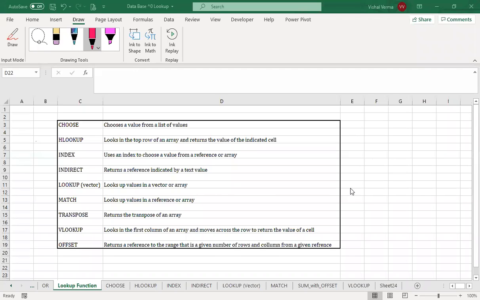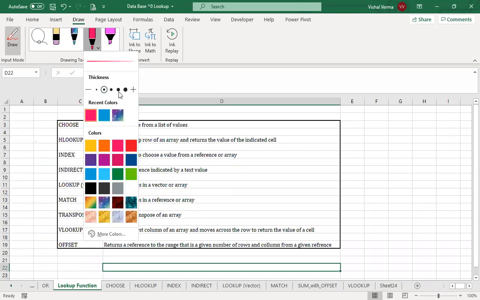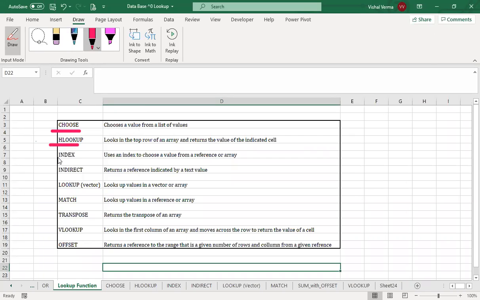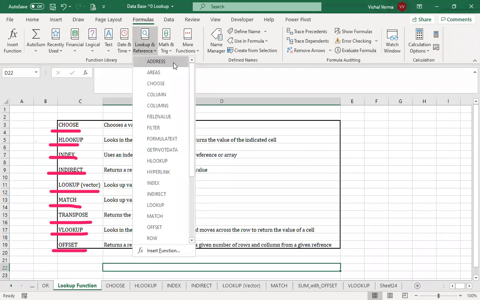In this section, we will be looking at the lookup functions. The lookup functions are choose, HLOOKUP, index, indirect function, lookup as a vector function, match, transpose, VLOOKUP, and then offset. So these are basically all the lookup functions. If you want to see the different lookup functions or the reference functions that are there in the lookup and references, we have got